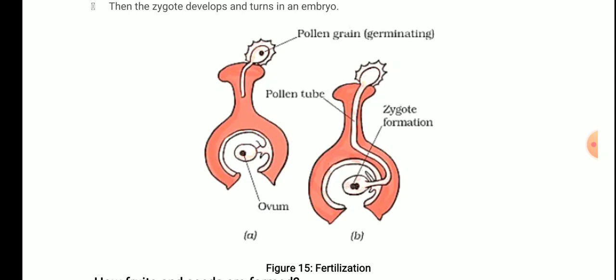You can see that black dot, that is the pollen grain germinating, which results in the formation of male gametes. This pollen tube then grows through the style, stigma and then style, and reaches the egg cell that is inside the ovary. The female gamete is non-motile but the male gamete is motile, so it reaches the female gamete, and there the fusion occurs and the zygote is formed.